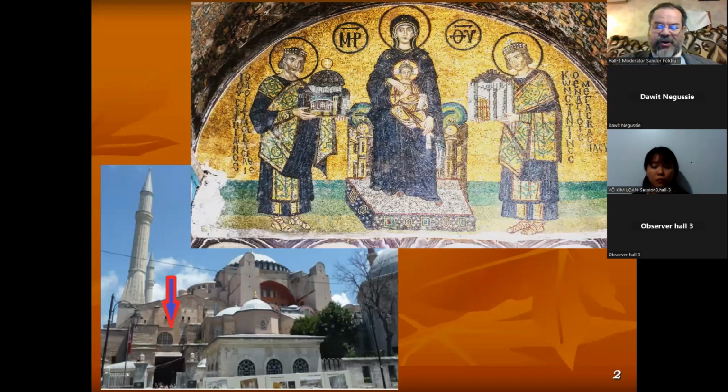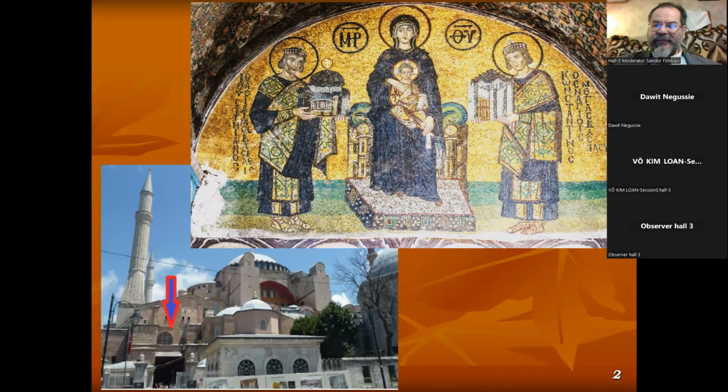This is the main church of the Byzantine Empire in Constantinople, no, in Istanbul. And you can see the place of this mosaic in the south vestibule. This is inside of this church. And you can see 2 emperors. First is the founder of Constantinople, Constantine the Great. And the second is Justinian, the lawmaker, who codified the laws of the Byzantine Empire.